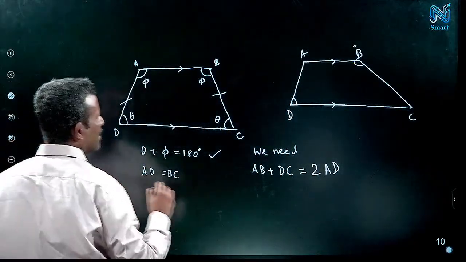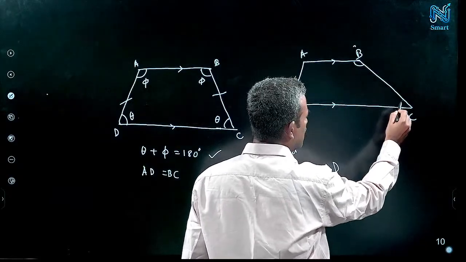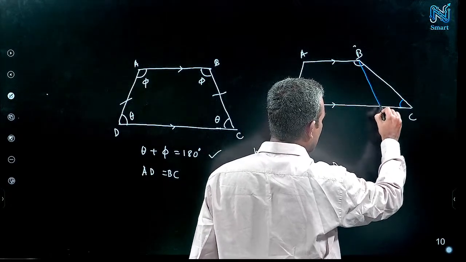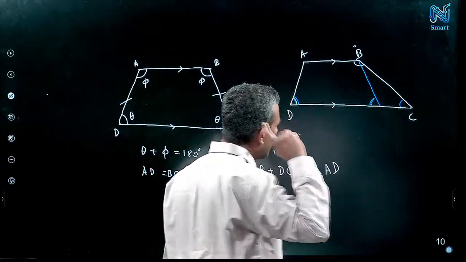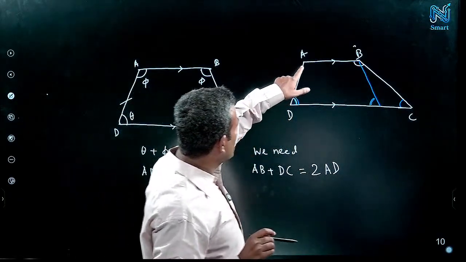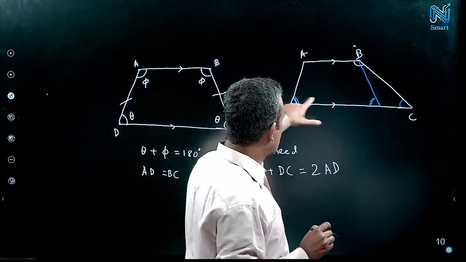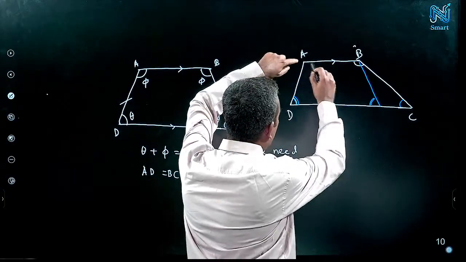Draw another side. So this angle is not equal to this, it is smaller. Now cut this. Now this angle equals this angle. Now the sum of these two is 180 degrees. We already proved, since these two are equal, isosceles trapezium, the sum of A angle and that angle,